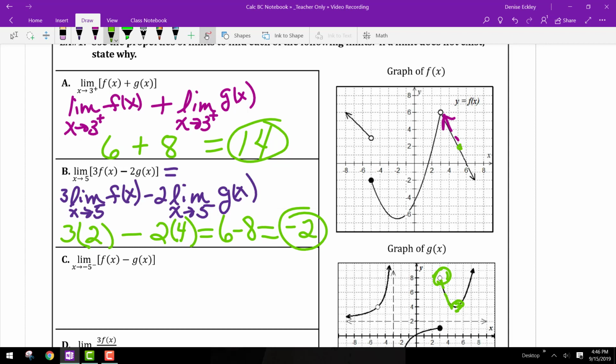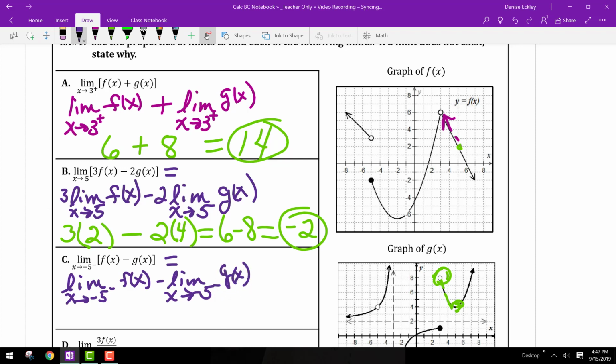Okay, so next one, the limit as x approaches negative 5 from the left of f of x minus g of x. Rewriting those, we get the limit as x approaches negative 5 from the left of f of x minus the limit as x approaches negative 5 from the left of g of x. So looking at our graph of f, negative 5 from the left would be this way. So we have that value right there, which is negative